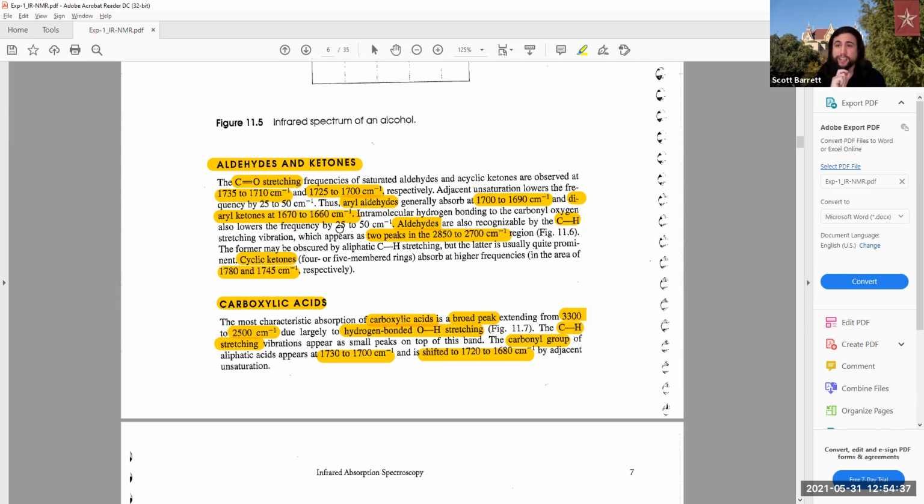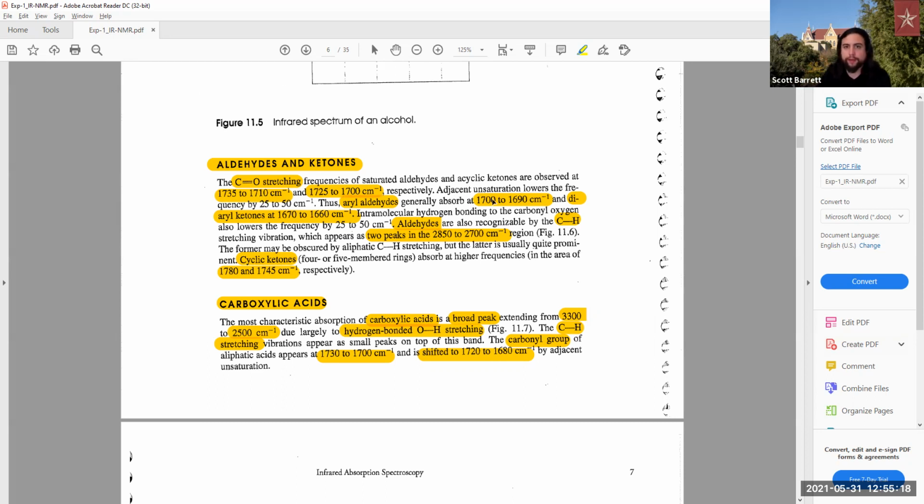Carbonyls, they're really great to analyze by IR spectra. However, you have to memorize the locations because it's very unique. They're very close to each other, but like I said, they're very unique. So, the carbonyl stretching of an aldehyde and ketones. Saturated aldehydes and acyclic ketones are observed at 1735 to 1710 and 1725 to 1700. So you see how unique that is, very small. In this instance, the aldehyde 1735, the ketone 1725, very hard to analyze in that instance if you're trying